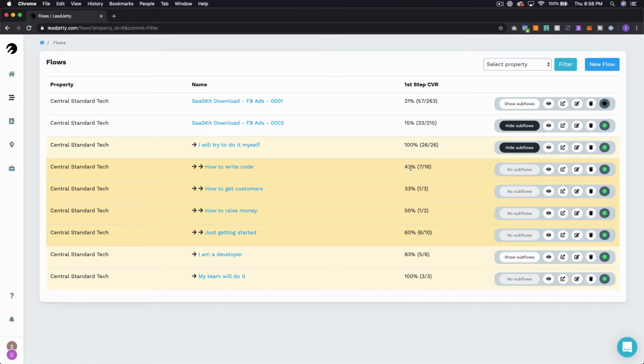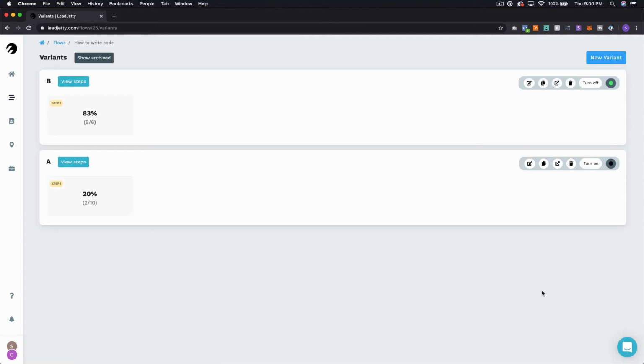I always think that that's the amount of people flowing into this, and I've got to sort of work out how do we visualize this a little bit better, but you can see that we have 7 people, no, 16 people out of the 26 actually went to this step, and then 7 of them kept going. So let's take a look at that. So this is